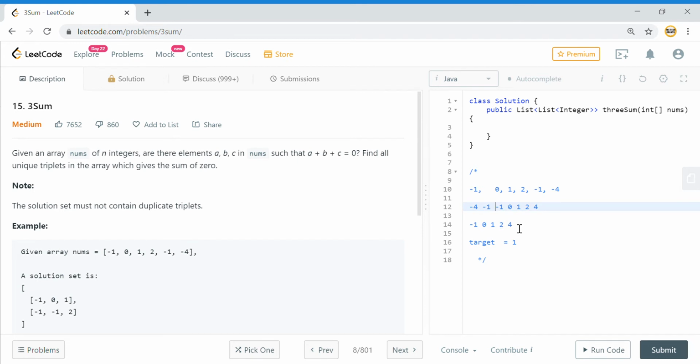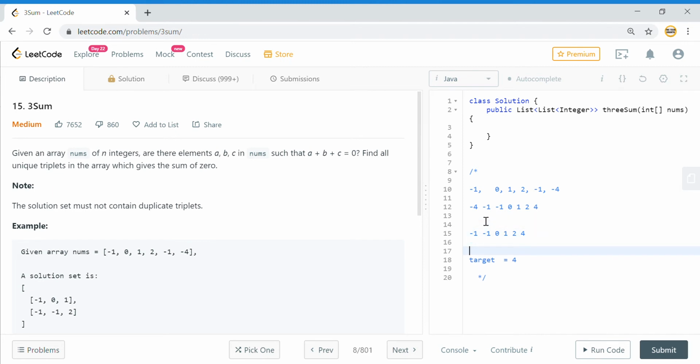Suppose I had some more numbers here, maybe take the example of minus 4. In that case, if I have to make the solution with minus 4, I need to have a target of 4. So I have to consider basically this array.